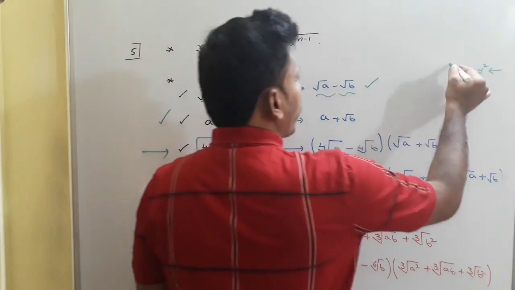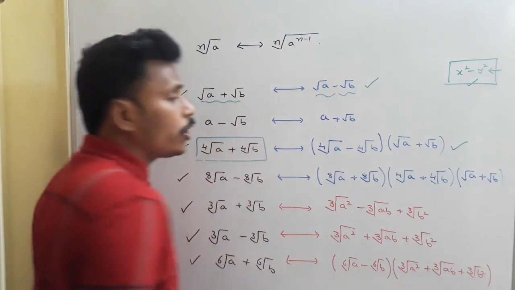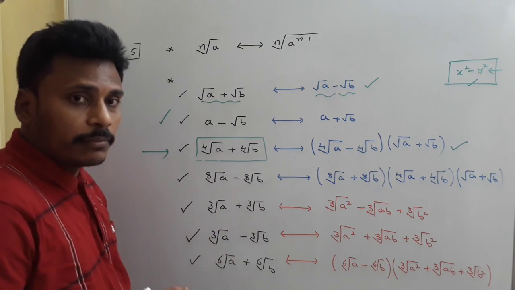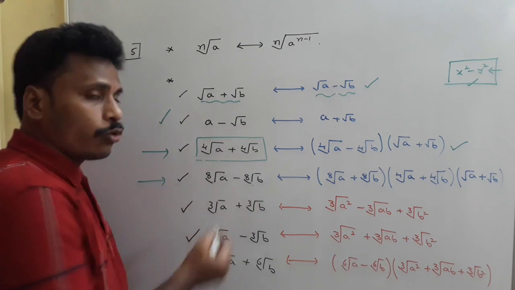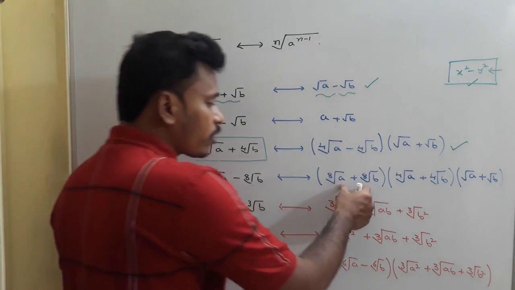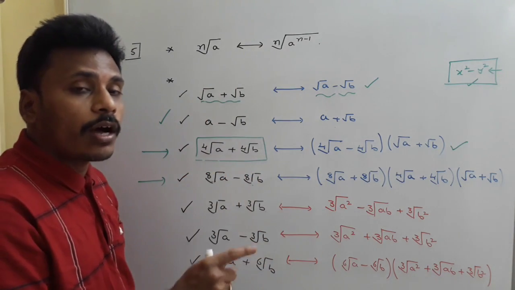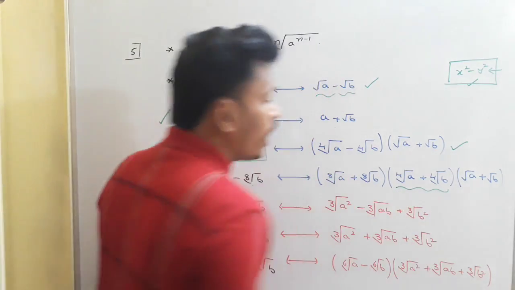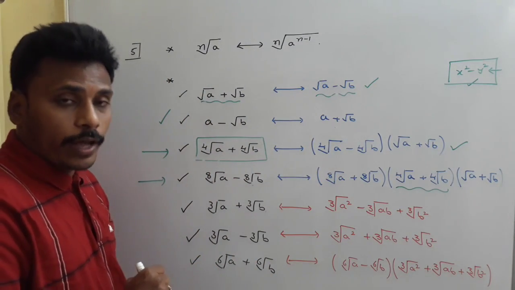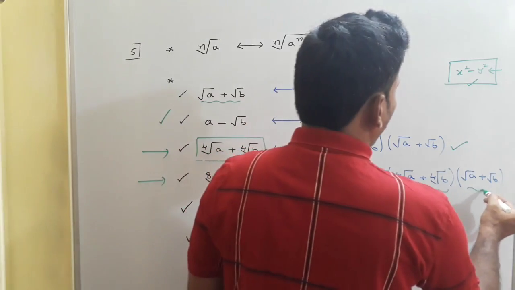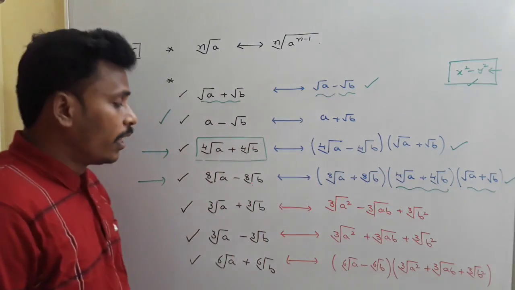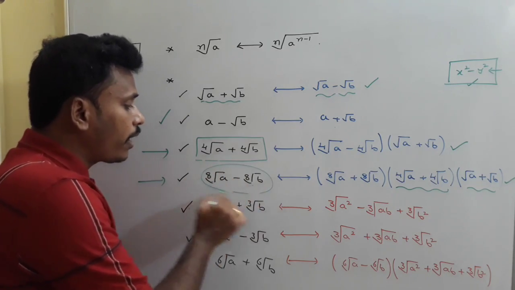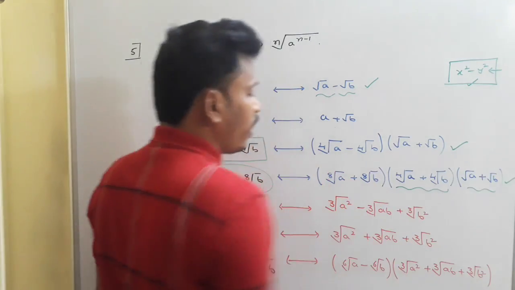See, you need to use this x square minus y square as (x plus y) into (x minus y) repeatedly to make the product a rational number. Here I have 8th root a minus 8th root b. If you multiply it with 8th root a plus 8th root b, it becomes of the order 4th root. And then if you multiply with 4th root a plus 4th root b, it becomes of order square root. And then if you multiply with root a plus root b, the value is a minus b, a rational number. And so, the rationalizing factor for this 8th root a minus 8th root b is this product.